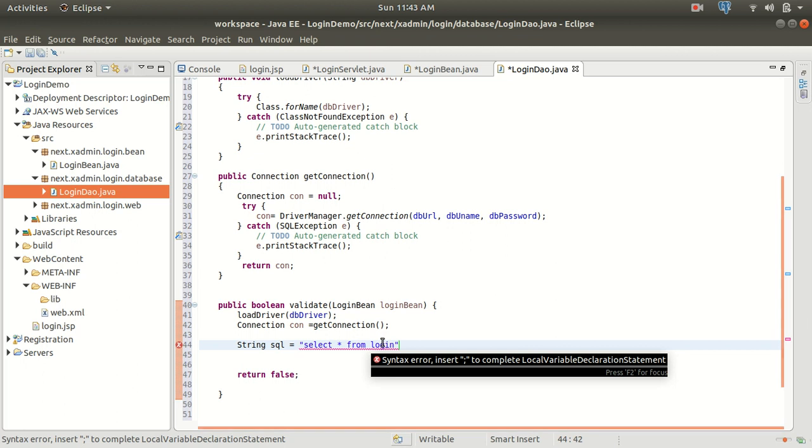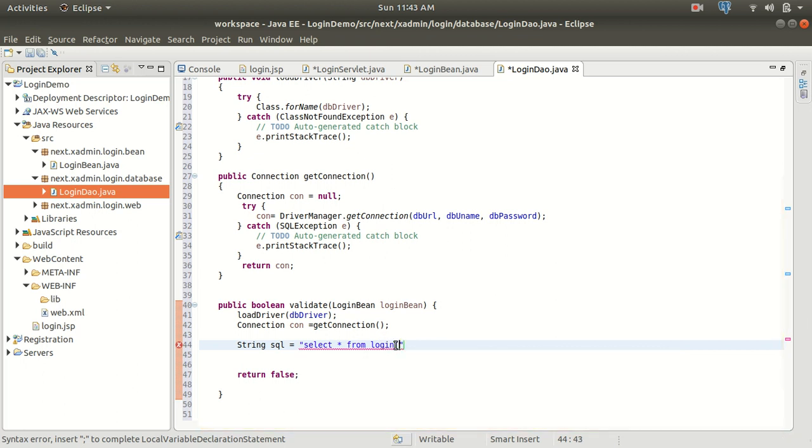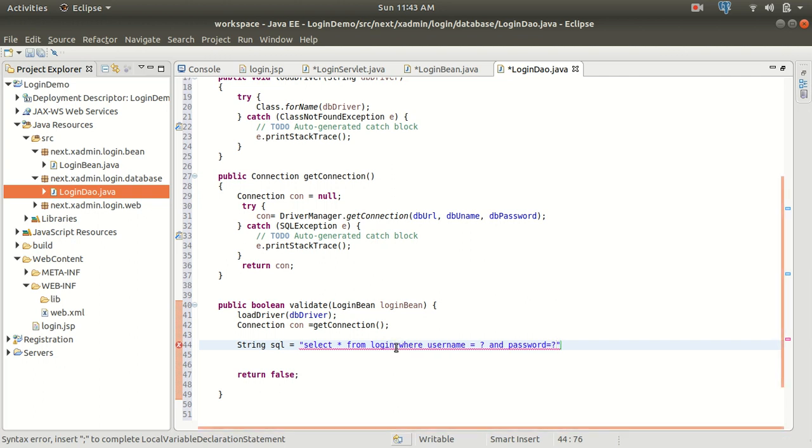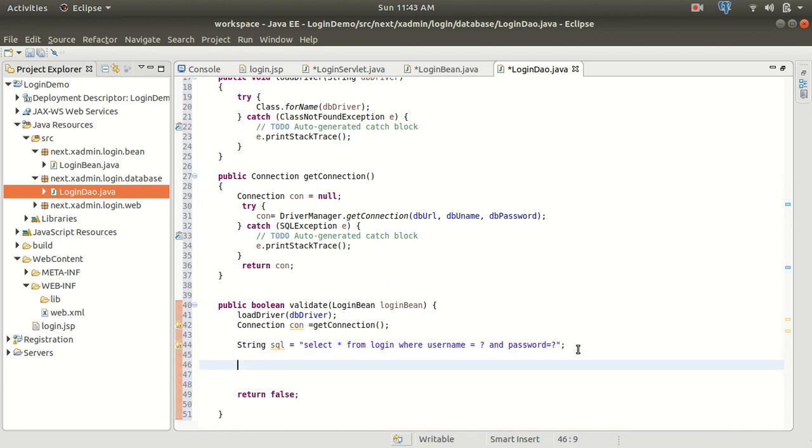So guys, here the login will be the login table. Okay, where username is my column name inside the login table. Okay, and password equals to question mark. All right, so till here I have written a simple SQL query to select the username and the password, and guys, here I have written select star from login table where the username and the password. All right,